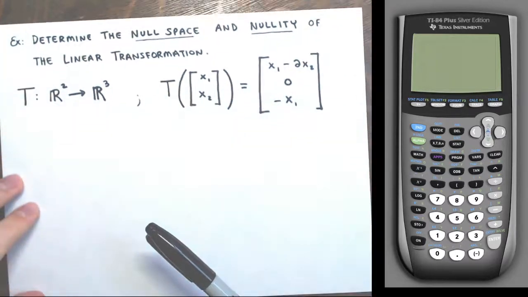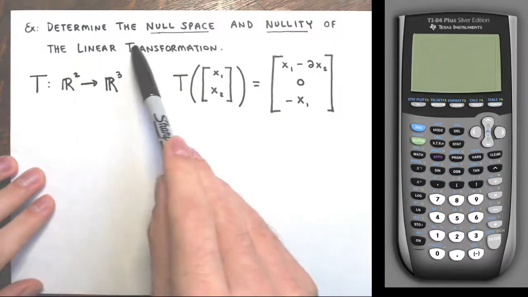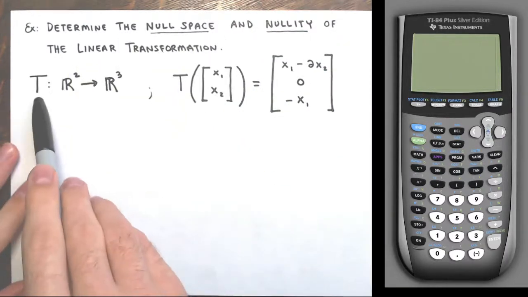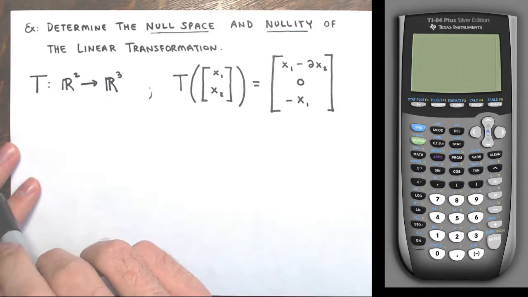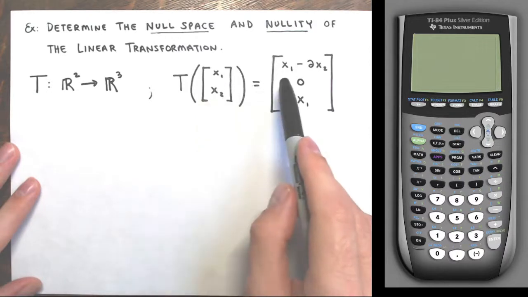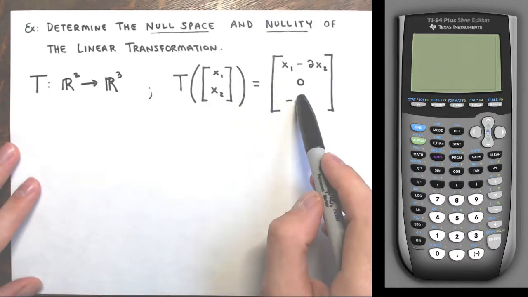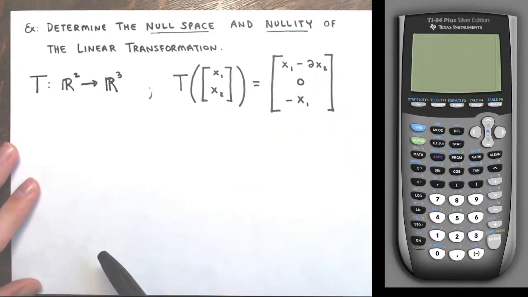Alright, so my first example, and every example in the rest of the video, has the following instructions. I'm asked to determine the null space and nullity of the linear transformation T from R2 to R3. T takes a vector from R2 with components x1 and x2 and maps it to a vector in R3 with components x1 minus 2x2, 0, and negative x1. Alright, so to find the null space of T,